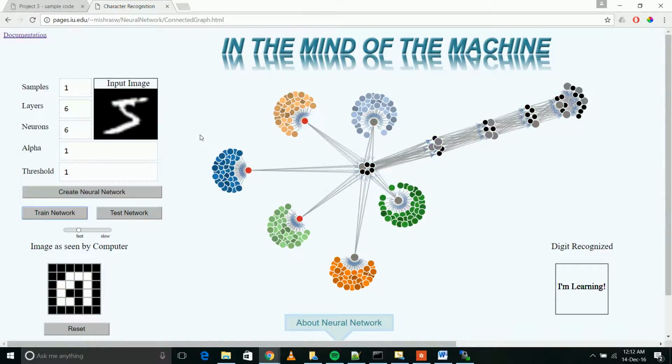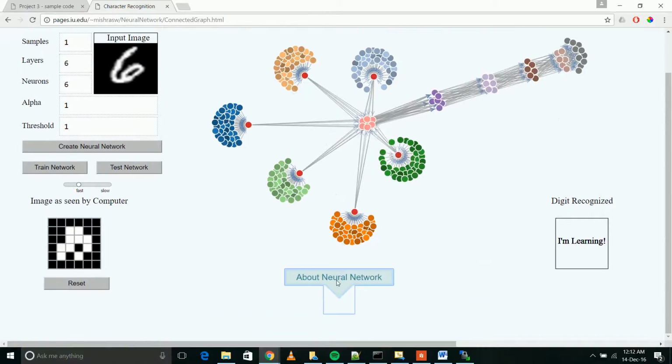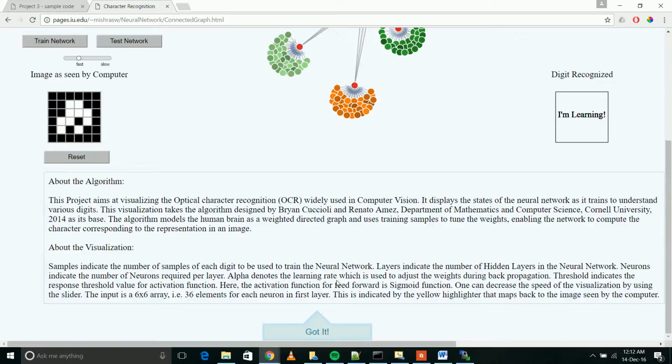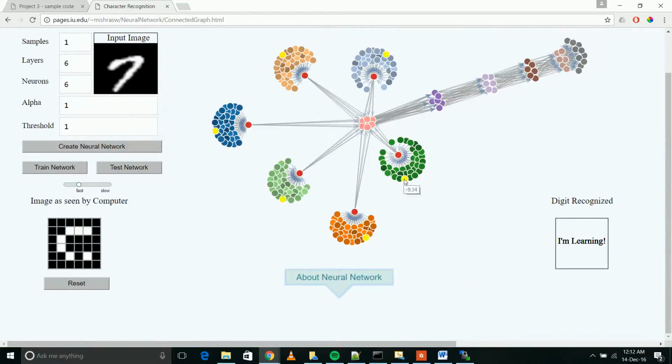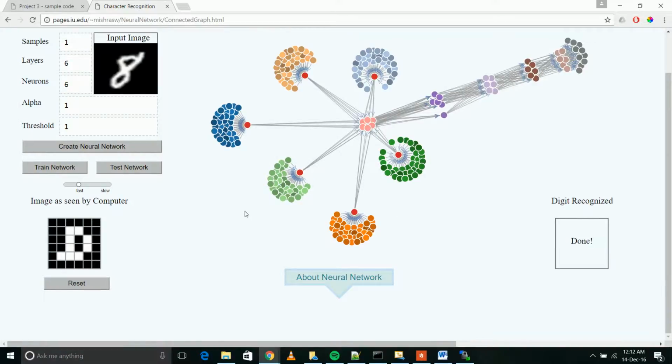Once the network is training, there are no digits recognized, and hence it shows that the network is learning. So there's a handy tooltip to read meanwhile as the network trains while on the values. You can also read the individual values by clicking and hovering over each of the values. If there is no change in the values, the color does not change. Once the network has been trained, it displays done, and then it is ready for the next phase, which is